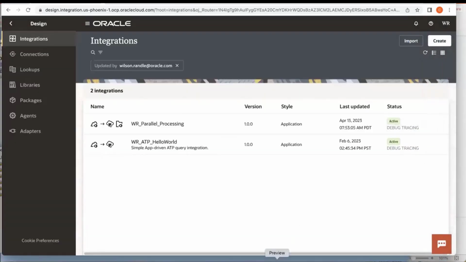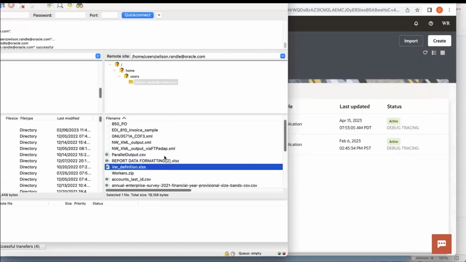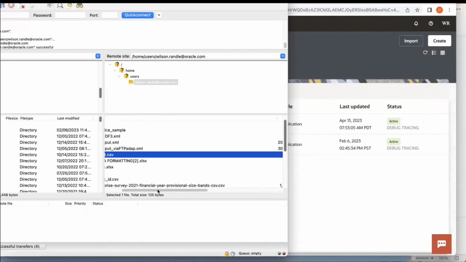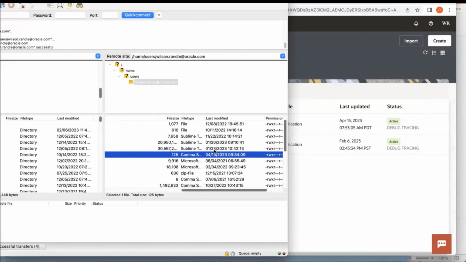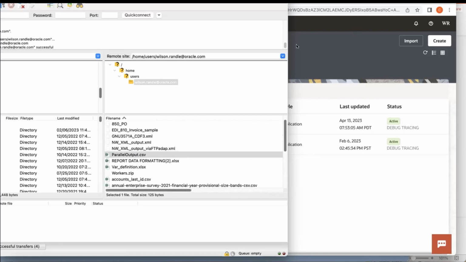And then in my file server, there we go. So I've got this parallel output.csv that's been written to my directory on my OIC SFTP server, also provided in OIC, by the way. And you can see, yep, it's April 13th at 9:34 Pacific time. That lines up. If I download that